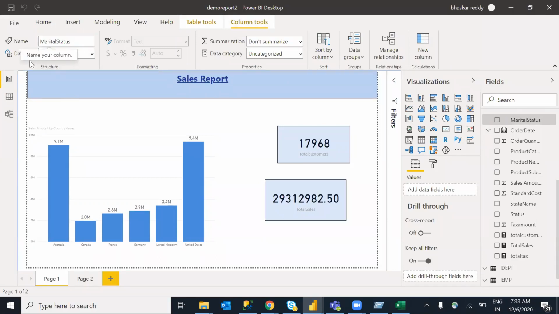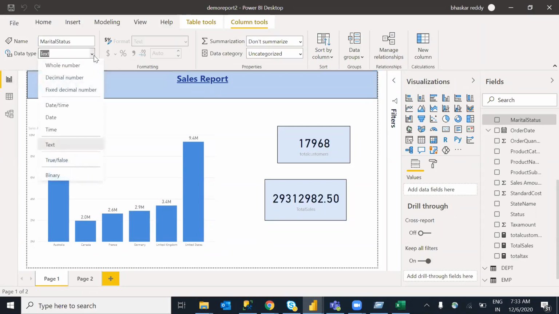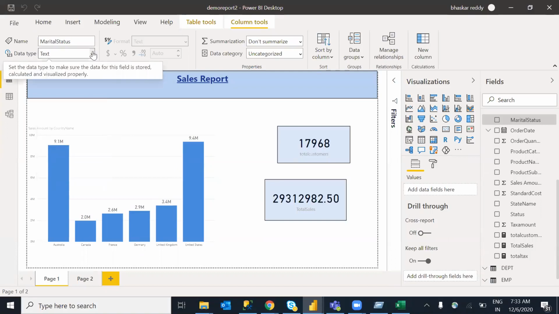So what is the name of the column? What is the data type of this? By default the data type will come whatever it is, identified automatically. Maybe sometimes you want to change it. In some cases we have alphanumeric values, but we have numbers,